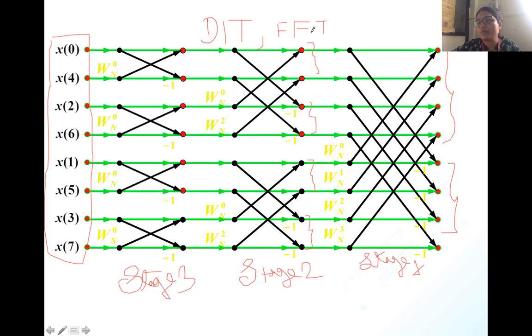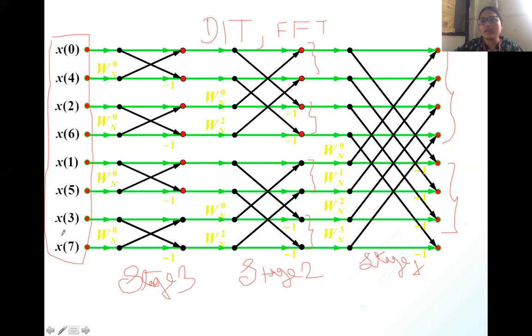Because we are performing decimation of the signal in the time domain, or you can say that bit reversal of the signal is taking place in the time domain. So this algorithm is called the decimation in time FFT algorithm. As here we have taken 8 points, so we need to apply 3 stages. So this is the stage 1 computation, this is stage 2 and stage 3.